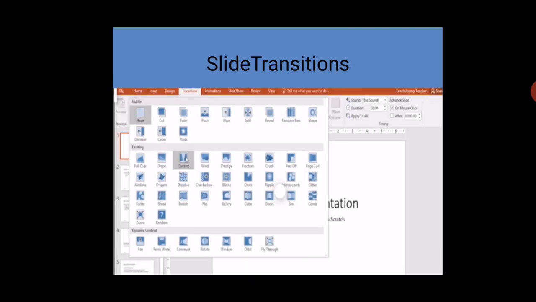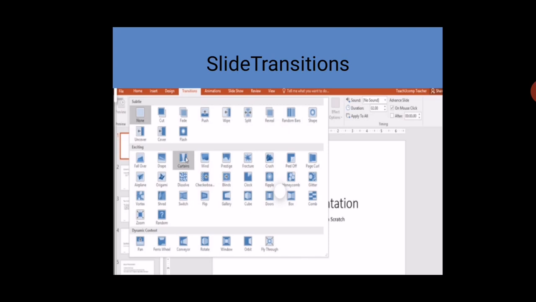Next is slide transition. What is the meaning of transition? When one slide changes into another slide, that is known as a transition. Transition is basically applied on your slide, not an element. It is always applied on a slide. You can see in these pictures, I just go to the Transitions tab, then a drop down menu will appear. Here are some kinds of transitions, and I apply any one transition which I want on my slide.